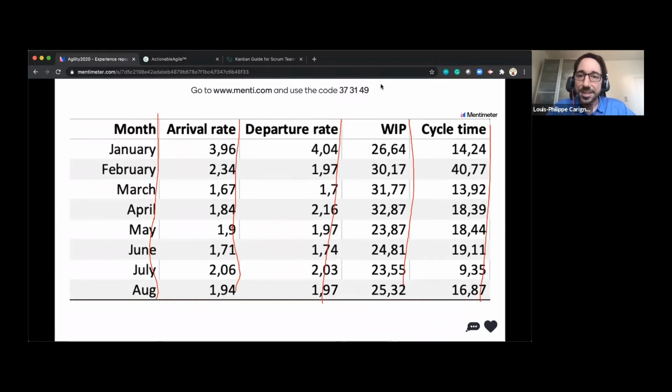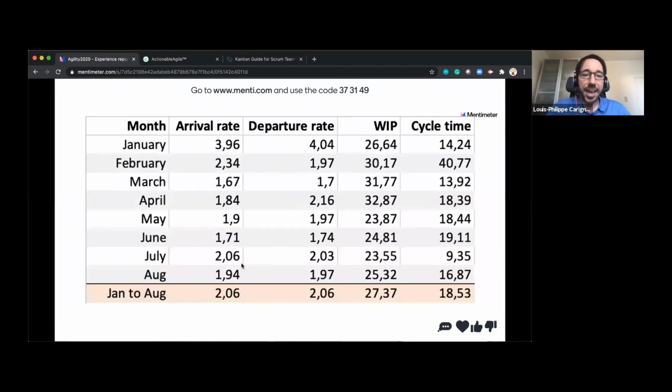So I'm looking at this, and there wasn't a lot of correlation between what was coming in and what was coming out. The Scrum Master was actually there, just not really leading them in that direction, as he was not aware that we should maybe limit the work in progress in the ready column. So overall, they had 2 items that they were putting into their sprint backlog every day, and they were completing 2 items every day. And they had an average of 27 items in their sprint backlog workflow, and their average cycle time was 18 days.